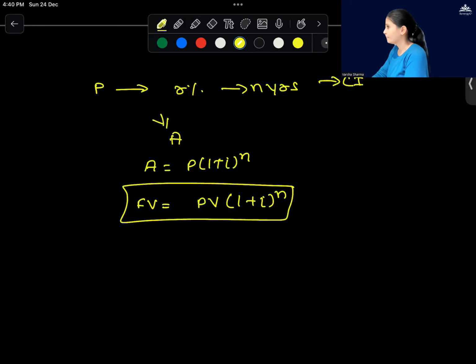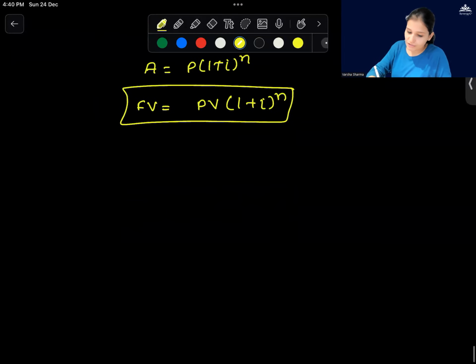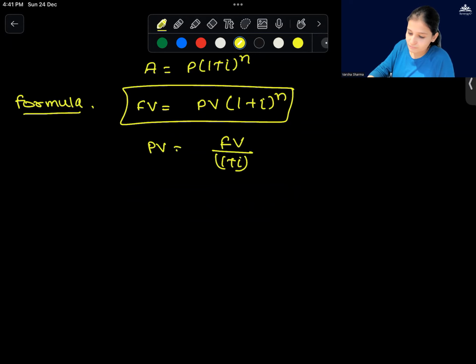annuity in consideration. Clear? So sometimes they'll give you the present value and ask you how much will you get after a couple of years. Or sometimes they'll tell you that after 10 years you're getting this, how much was the money that you invested at that particular moment. So backwards or forwards. If you're moving forward, multiply by the compounding value. If you're moving backward, divide by the compounding value. So if it is future value, this is the formula we are starting with. And if I want to find present value, I'm going to divide it. Clear? Yes, no? Yes.